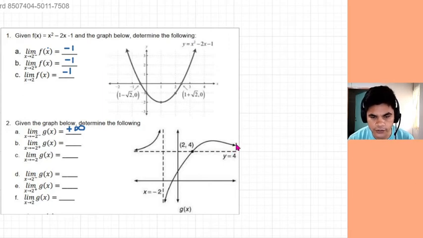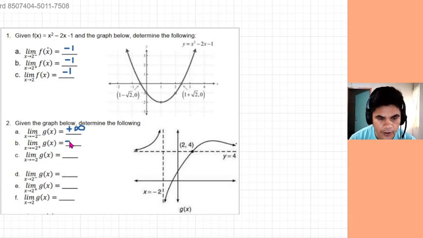So from the right, we'll start here, then going to negative 2. This one is negative 2. Going to negative 2. So therefore, that is negative. The graph will continue down to negative infinity.